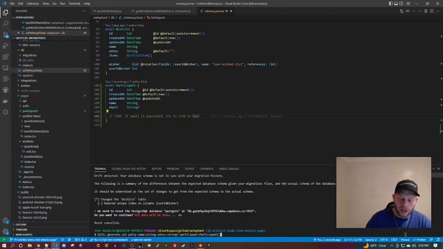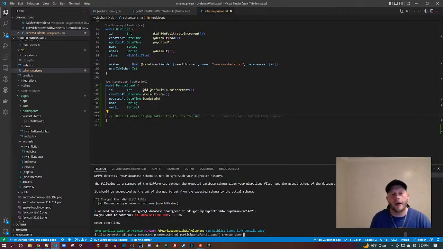Okay, so we know that a party has a name. So if I create a party, I'm going to say, oh, then it also has a creator. A creator has to be a user. It's a single user. So a party has a creator. It's going to have a createdAt, but you can see that gets built for free. So it's going to have a creator, a name, notes.